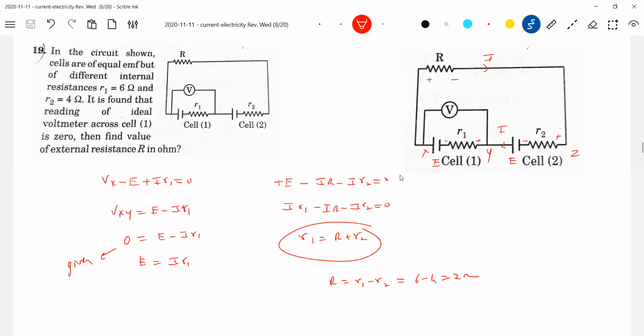I'll draw the equivalent. See, the cells are in series, I'll replace them with an equivalent grouping of cells. Then gone, nobody will help you. So how do I come to know that I should do this? That's what I'm telling you. There's no need of the grouping of cells concept. The voltmeter reading is there. So what is that Vxy? Terminal voltage, no? The voltmeter will read terminal voltage. So some basics, the terminal voltage is 0. All this is based on KVL.